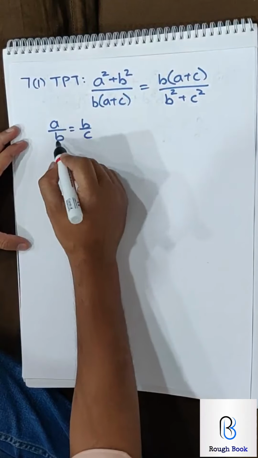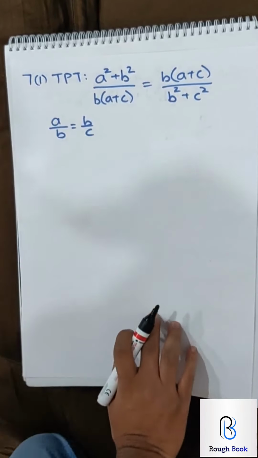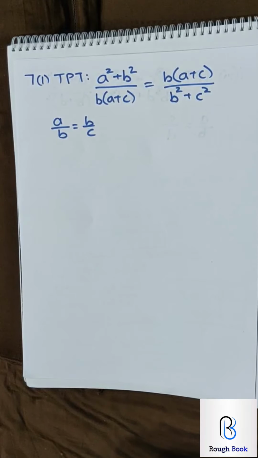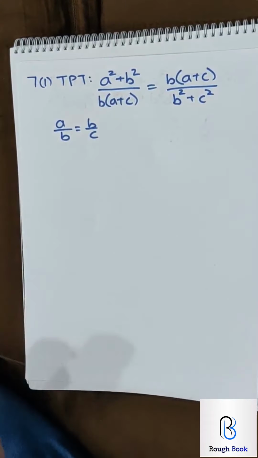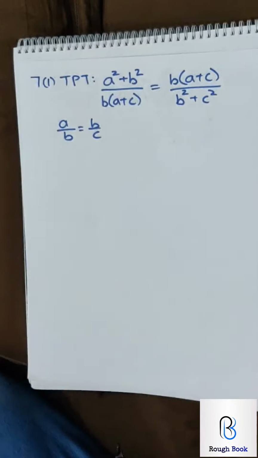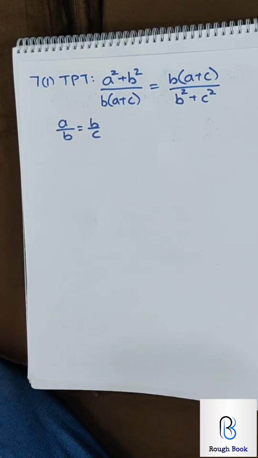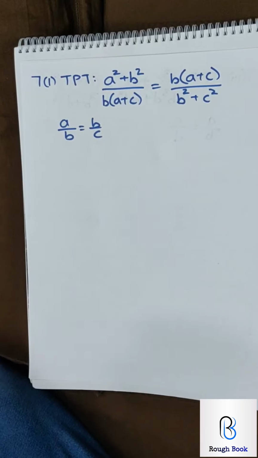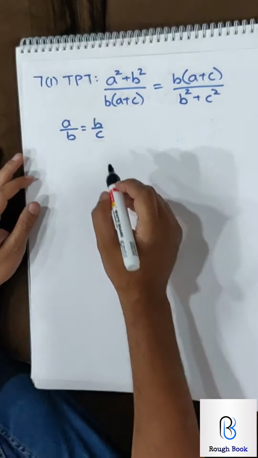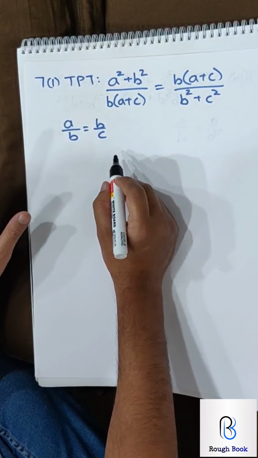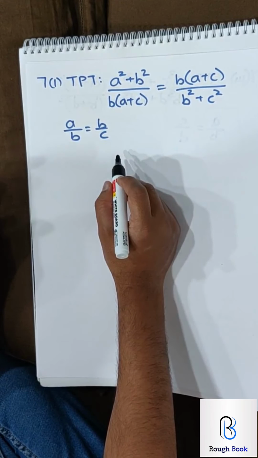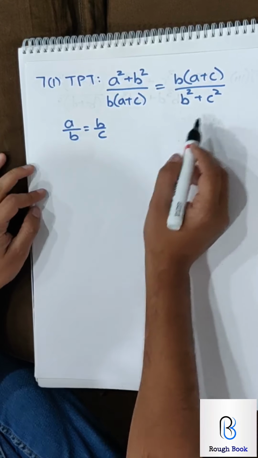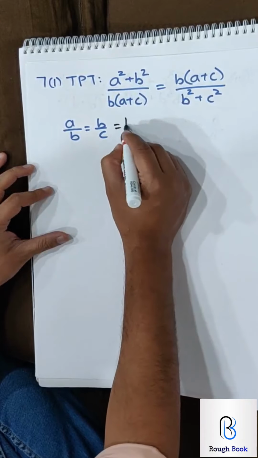prove this where A, B and C are in continuous proportion. So when A, B and C are in continuous proportion, that time we write A upon B equals to B upon C. Now we've got two choices here. Choice number 1, we can continue with the K method. Choice number 2, we can do it direct. I would prefer whenever there is continuous proportion, we would do it directly. And whenever there is direct proportion, then we can use the K method. But in this particular question, it's better to use the K method.